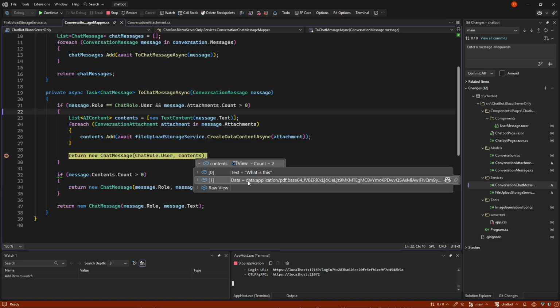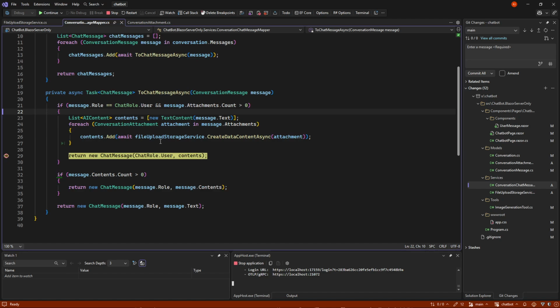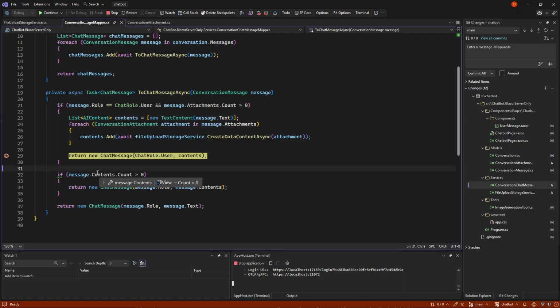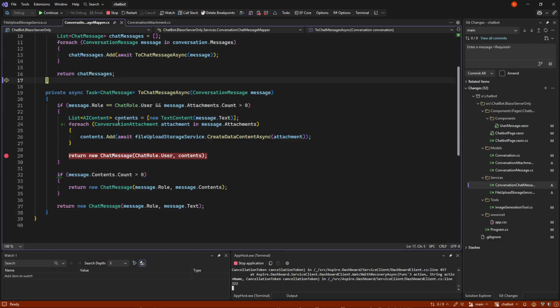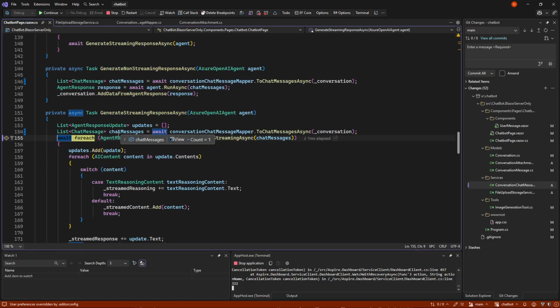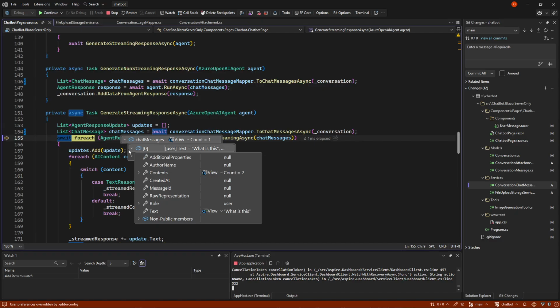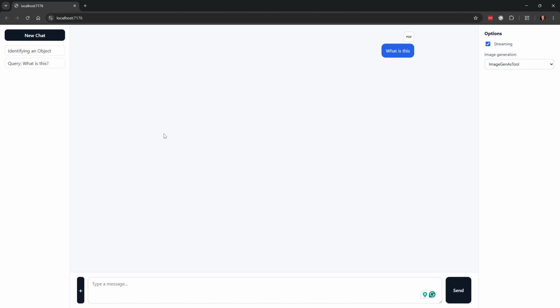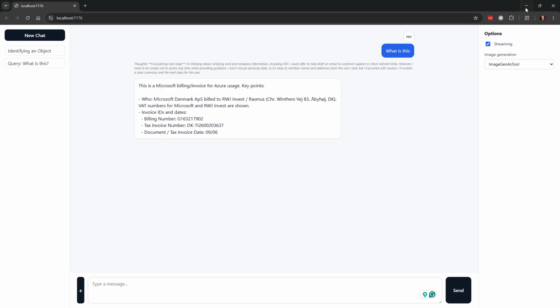Had I not needed to do these conversions, there would not have been too much code here. But I found it to be the right time to actually get rid of the raw message in there. But essentially, that's just what we're doing whenever we send things along. So when we get our messages here, that's the messages we're going to send along to the system when we do the streaming or the normal non-streaming. So there's nothing more to it from the LLM perspective. And it would, of course, answer back.